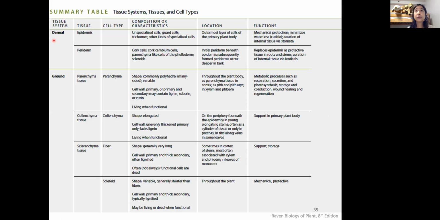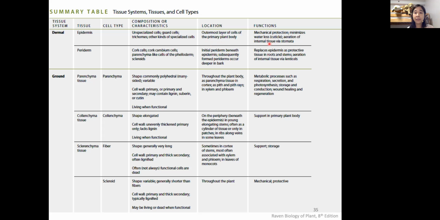And for the dermal tissues, you have epidermis and periderm. For the epidermis, it is the unspecialized cells. For example, guard cells, trichomes, the hair, and other kinds of specialized cells. Its location is the outermost layer of cells of the primary plant body. This does mean the young plant. The function is mechanical protection, minimizing water loss by having the cuticle as a wax, and aeration of internal tissue